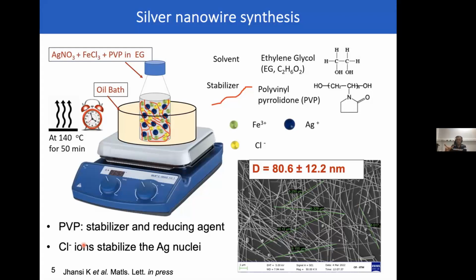So we can change the length, at least in the polyol process. But going from very thin wires to very thick wires, that's something we don't do. And we actually don't want them, because really thick wires also affect our transparency. So that's a study that we have not done. We ideally want wires with a diameter close to 100 nanometers, slightly less, and lengths that we can vary from tens to maybe 100 microns.